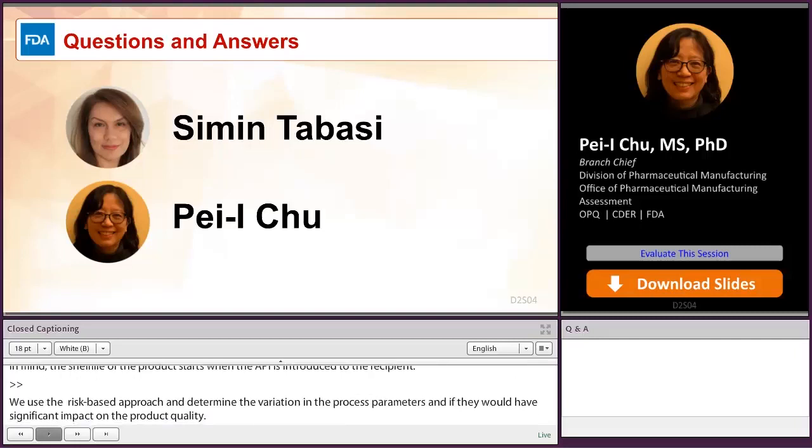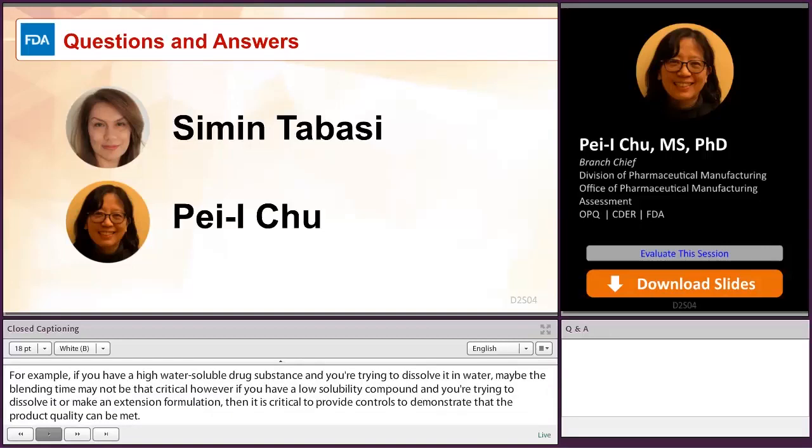Well, I think we use a risk-based approach and determine whether variation in those process parameters would have a significant impact on the product quality. So, for example, if you have a highly water-soluble drug substance and you're trying to dissolve it in water, maybe the blending time may not be that critical. However, if you have a low solubility compound,